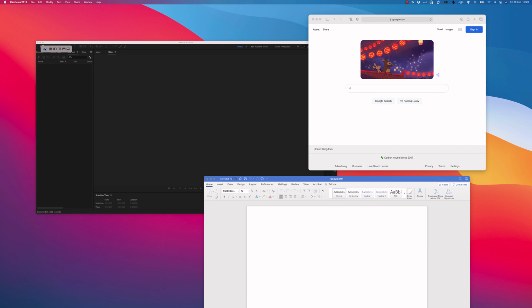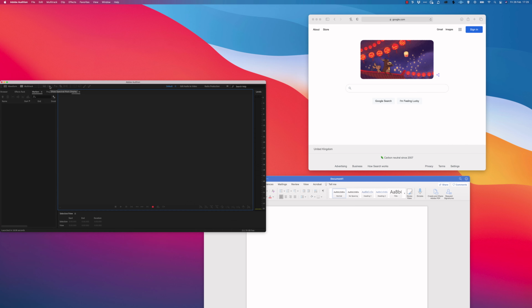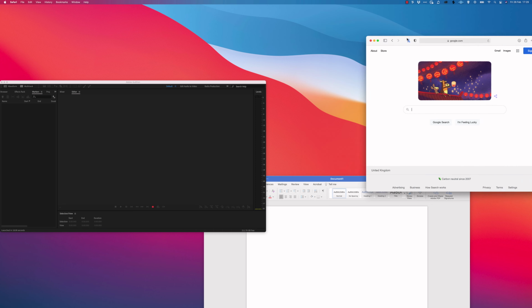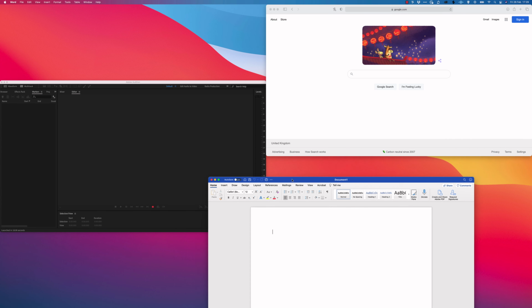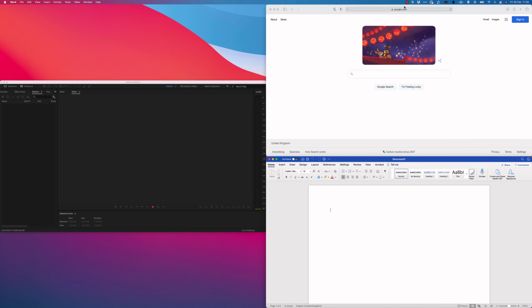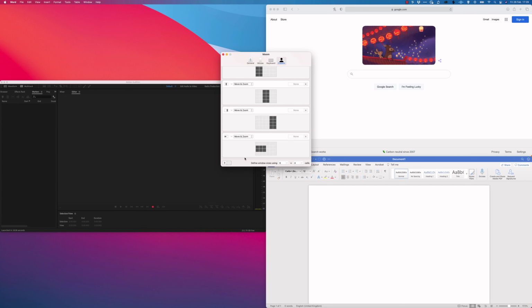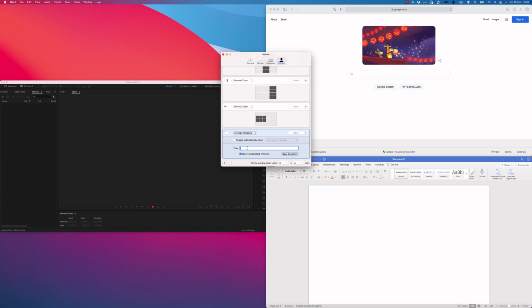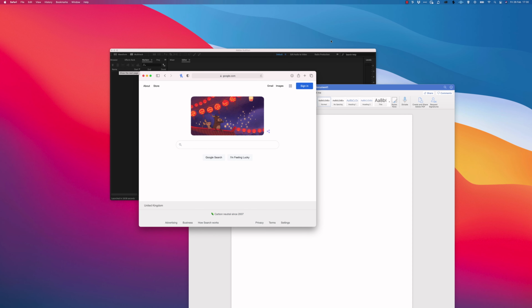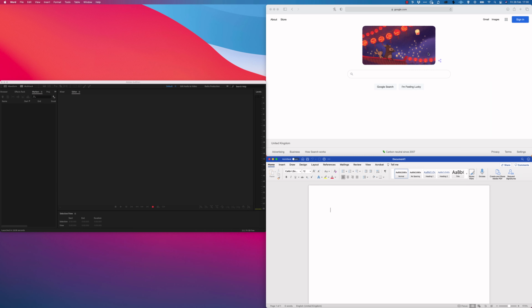You've also got the option to arrange windows, which allows you to save a snapshot of the windows the way you have them at that moment. This is really handy if you're someone who always uses certain applications and you like to have them set up in exactly the same way every time. Just configure your screen exactly the way you're happy with it and save your snapshot. Then, when you open those applications in the future, choose the snapshot and Moom will do the rest.